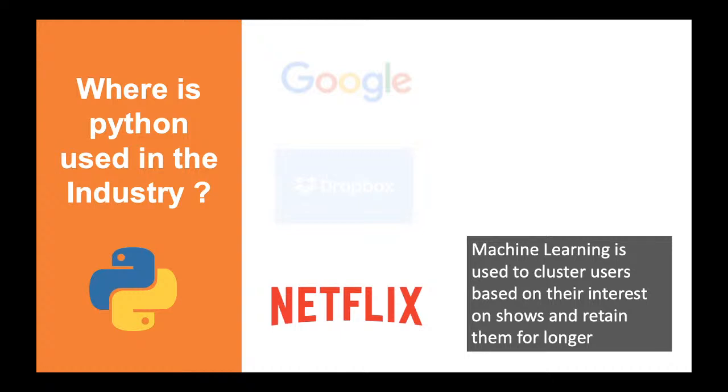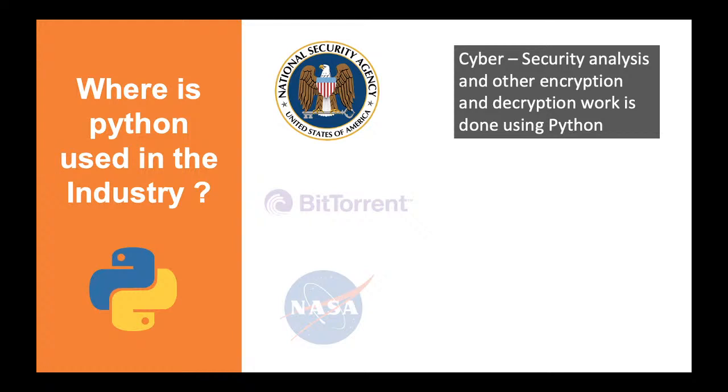Based on your interest, it creates groups, or clusters, which is one of the topics we read in machine learning called clustering. That is a category of unsupervised learning. So Netflix uses this machine learning concept to cluster users by interest and then shows you a lot of things as per your interest. That is done by most websites, like Amazon and other e-commerce websites.